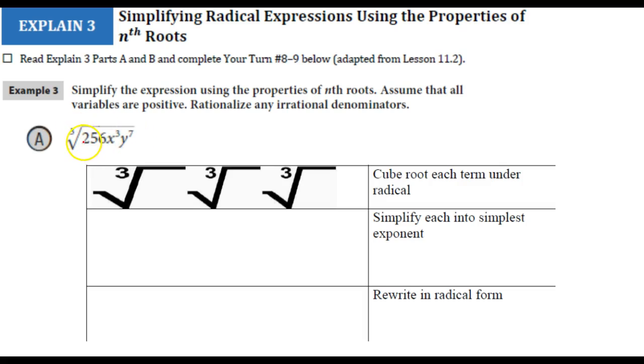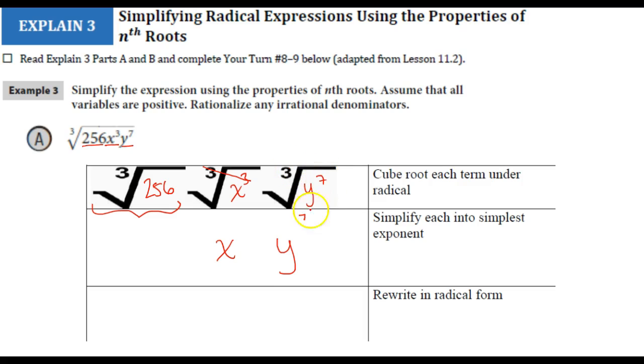So what I'm going to do is separate each of these pieces into their own radical, their own cube root. So that would be 256 in one cube root, x to the third, and y to the seventh. Now this number part can be simplified, so in your calculator go ahead and work that out. Since cube root of something raised to the third power, essentially those cancel out to become 1. I'm left with x. Now if I write this out as a fraction,